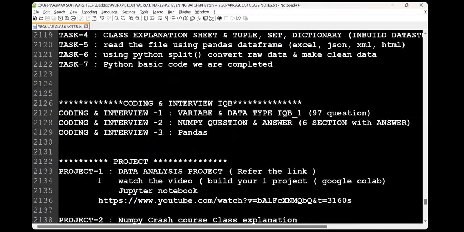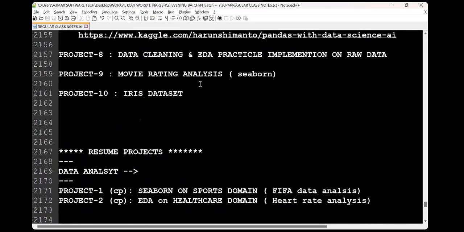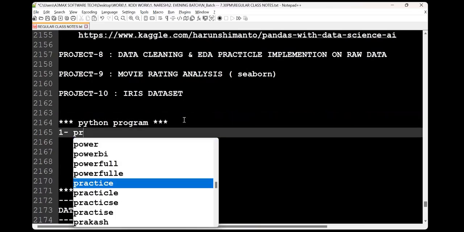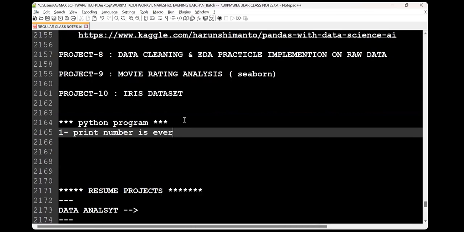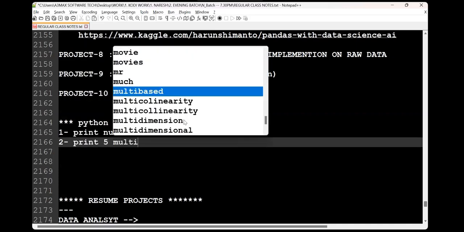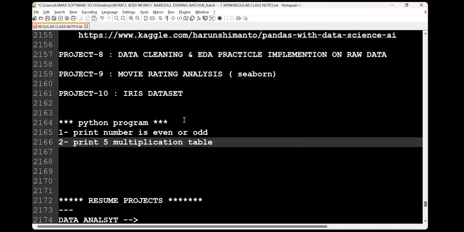Now let's write another command, another function I created. Python programs. No, guys, my question is, is it better or not if I create it like this? We got clarity. The first one: print whether the number is even or odd. Next, what is the next one we did? Write the code to print the multiplication table. 5 multiplication table, isn't it?